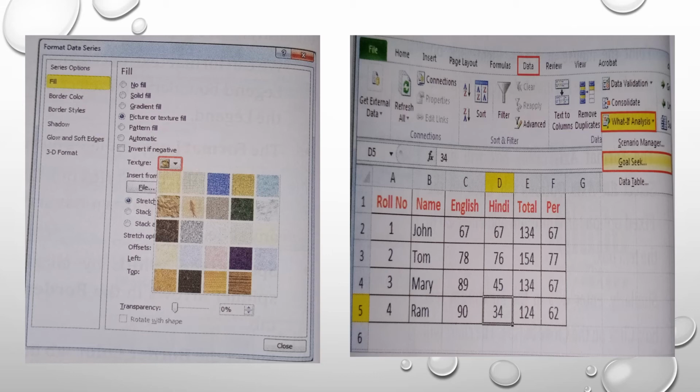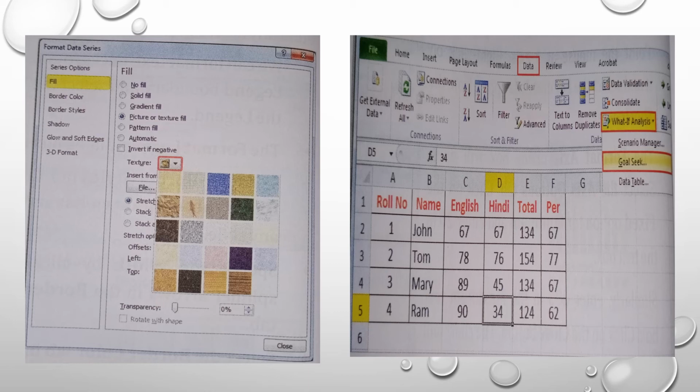In the Set Cell text box, define the cell address E5 on which Goal Seek is to be applied. In this box, always refer to the cell that contains the formula. Type the new value 150 as a result in the To Value text box. Press the Tab key. Click on the cell D5 in the worksheet.